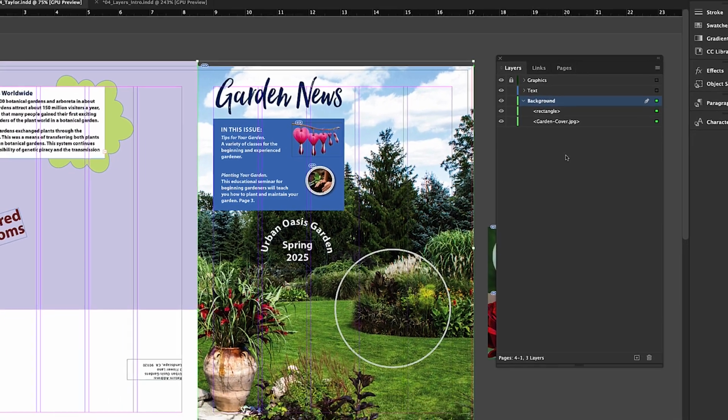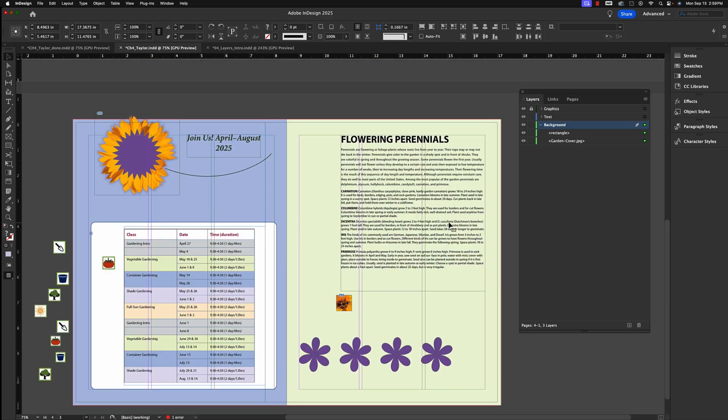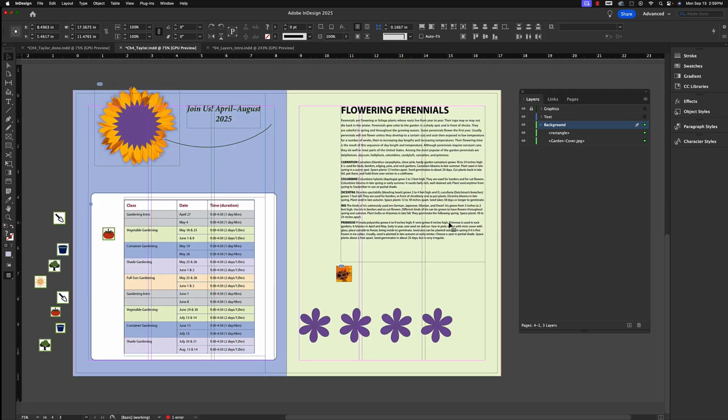Again, it just saves you a step of having to open up that text layer and go find those two additional layers. Just by clicking on them in the document here, we were able to select them on our layers panel, and then just clicked on that little box and dragged it down, and that brought whatever was selected into this layer. And then let's go ahead and go down to page 2 and 3,